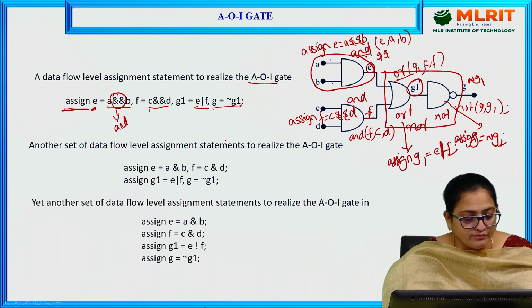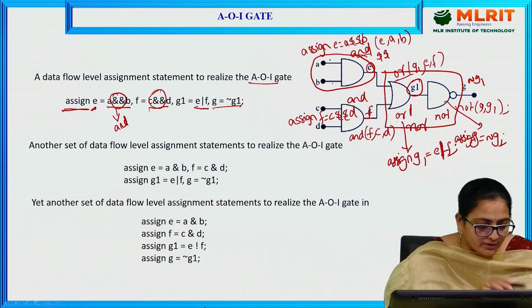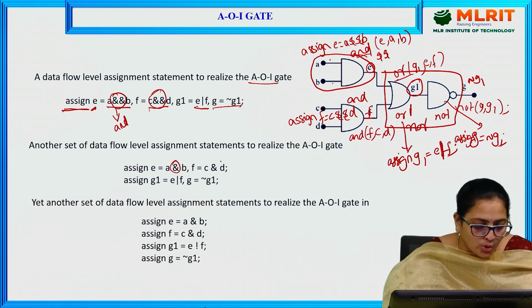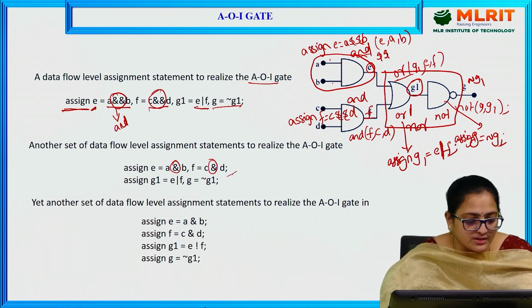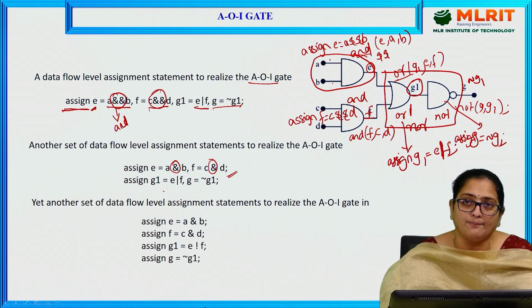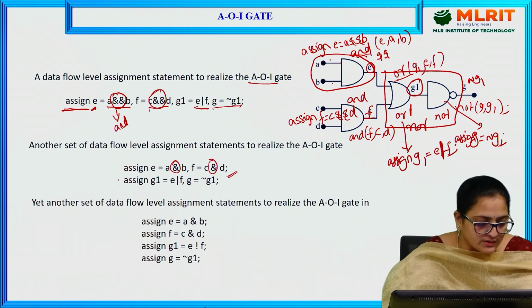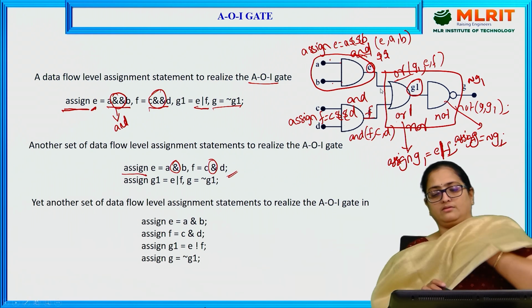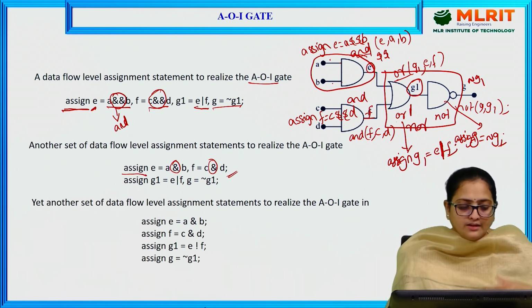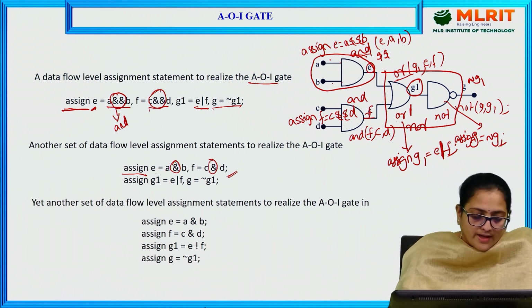And another set of data can be given. So here, instead of writing a double AND operation, this also performs an AND operation between A and B. But the difference here is that a single bit operation can be performed here, whereas here it can perform an operation between the complete A and B variables and C and D variables. So, for example, the same assign variable is given for AND is E and F. So, assign E is equals to A ampersand B.